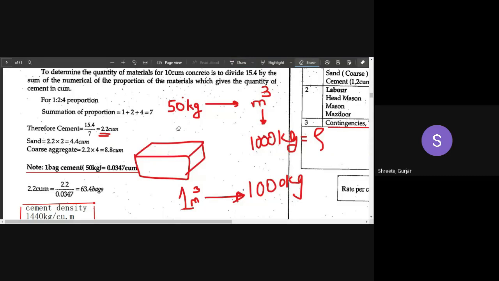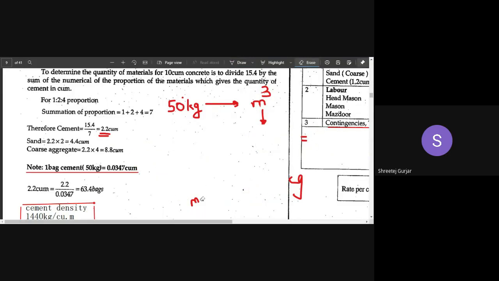What is the density of concrete now? Basic things that you have to know. You are engineers who are going to pass out. Sir, 24 kilonewton per meter cube of concrete. That is in kilonewton per meter cube. Although that is not the answer. I want the density of cement.